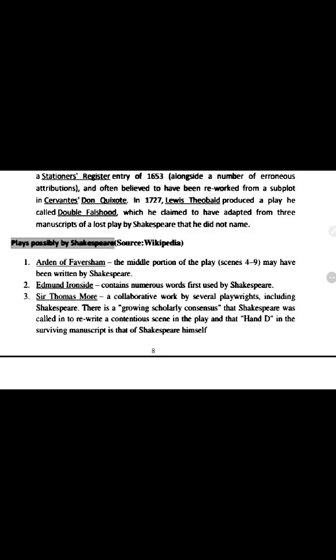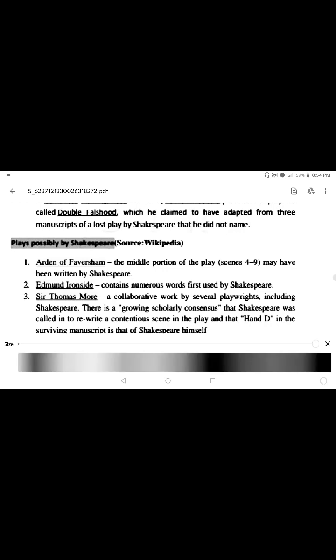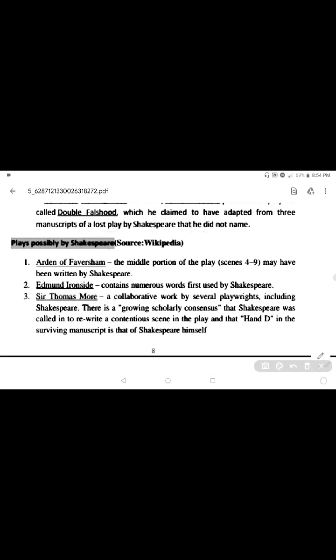Now there are some plays which are supposed to be written by William Shakespeare. It means कि कुछ ऐसे नॉवलिस्ट के वर्क में जिस प्रकार अलग अलग नॉवलिस्ट ने शेक्सपियर के वर्क में कोलैबोरेशन किया है, ऐसे ही शेक्सपियर ने भी कोलैबोरेशन किया है और कुछ पार्ट्स किसी और नॉवलिस्ट के वर्क्स में लिखे हैं। तो कुछ ऐसे प्लेज हैं जिनमें हमें शेक्सपियर की कोलैबोरेशन देखने को मिलती है।